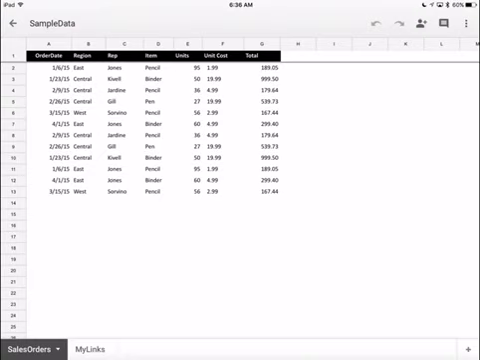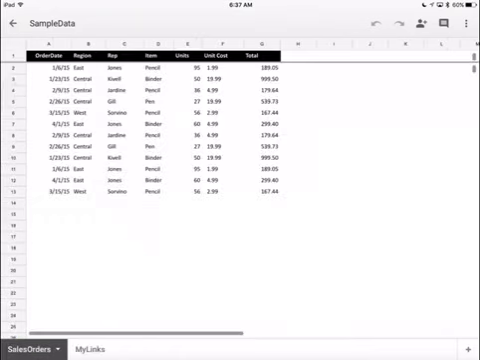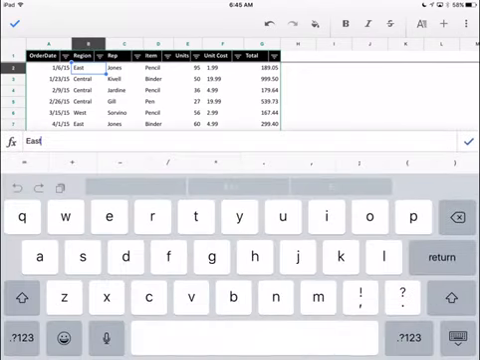When you open something on desktop, it's ready to go. This mode is the only one that will show you your different worksheets at the bottom. If you see at the bottom left sales orders and my links, you click on my links, it'll take you to another worksheet. If I double click, the keyboard comes up